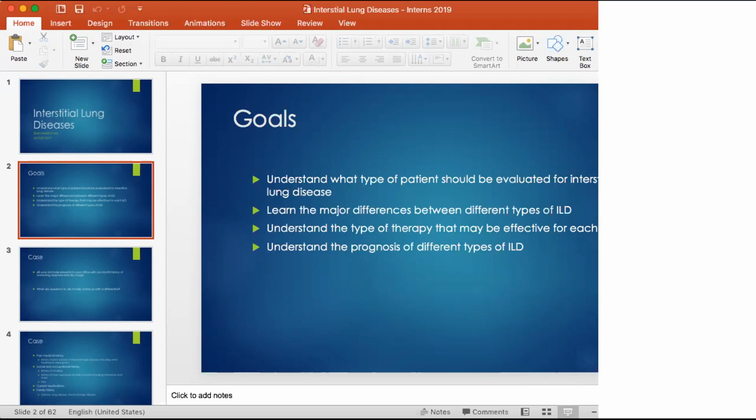Always check cardiac. I love to joke around with the cardiologists that they come in short of breath, and I diagnose people with heart failure all the time. Lungs: rales, rhonchi, wheezing, dullness, which could be a pleural effusion. Check for ascites, hepatosplenomegaly, feel for lymph nodes. People just don't do it. I've diagnosed plenty of people with lymphoma. Edema, and then skin. Skin's so important for a lot of these interstitial lung diseases and a lot of lung conditions in general. You really want to know if they're having any rashes.